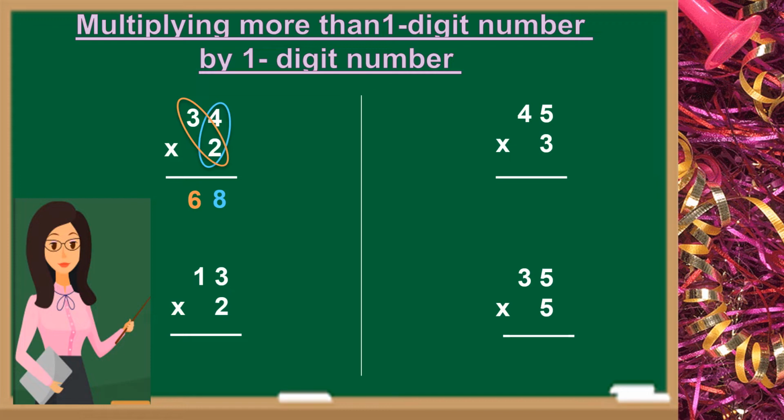Here we have 13 times 2. So we will multiply 2 by 3 equals 6. Then we will multiply the same 2 by 1 equals 2. Yes. The third example, 45 times 3. We will multiply the ones which is 5 by 3. So we will multiply 3 by 5 or 5 by 3 equals